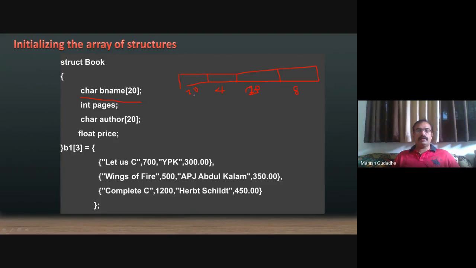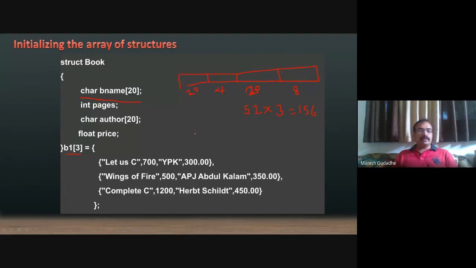So 20 plus 20, 40 plus 12, 52 will be the total size of this structure. I have defined an array of 3 elements. So 52 into 3 will be the total number of bytes this array is going to accommodate in the memory.